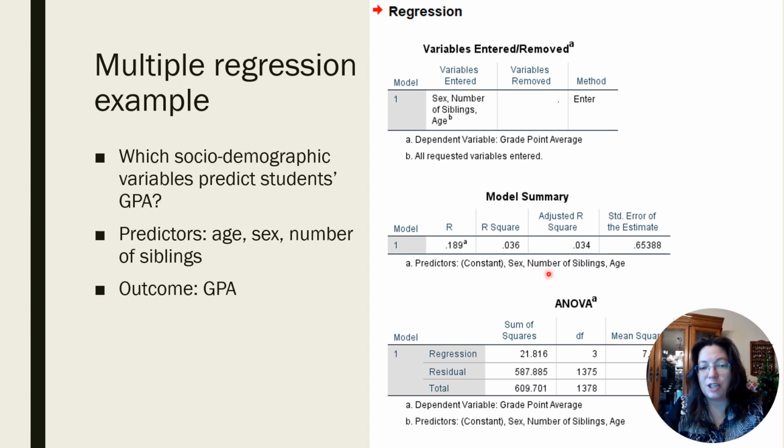If we look at this here, adjusted R-square, this is very similar to the R-square we learned about last week, the coefficient of determination, in that it does the same thing. So what this is telling us, even though it's calculated in a different way from the coefficient of determination, it still means the same thing. It's the percentage of variability in our outcome variable that's explained by our predictors. In this case, 0.034, if we turn it into a percentage, 3.4% of the variation in GPA can be explained by the student's age, sex, and number of siblings.